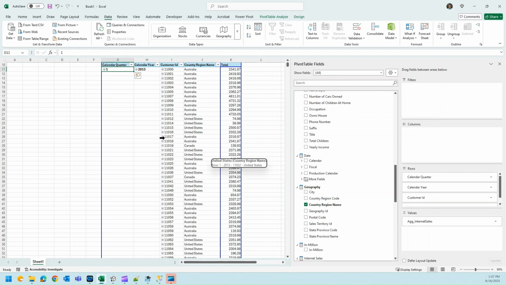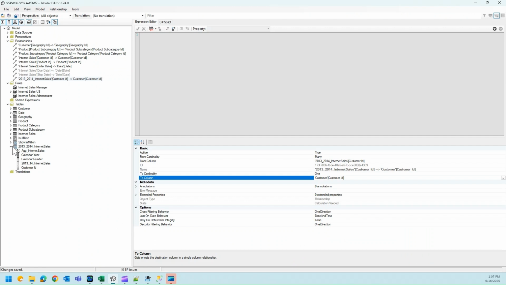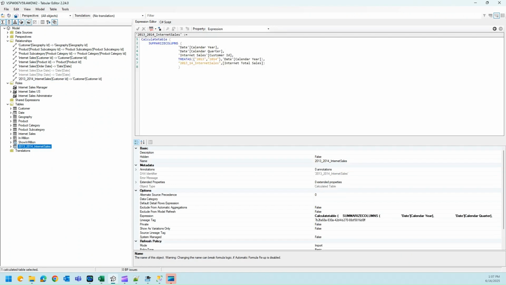So the calculated table not only filters out and slices the data, but you can also write a top 10 customer query. So there is another scenario I want to handle, which is how to bring the top 10 customers. Maybe I'll take the use case where your customer gender is not equal to M, and based on geography you want to take the top 10 customers, you can write that and create